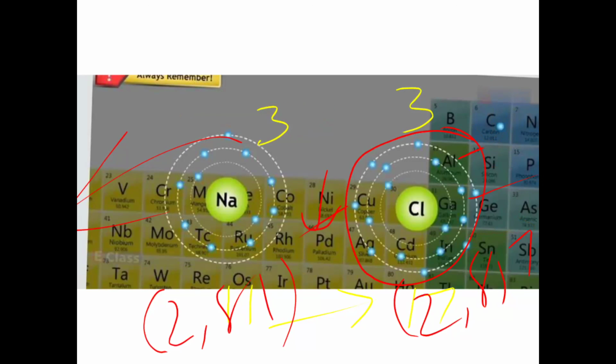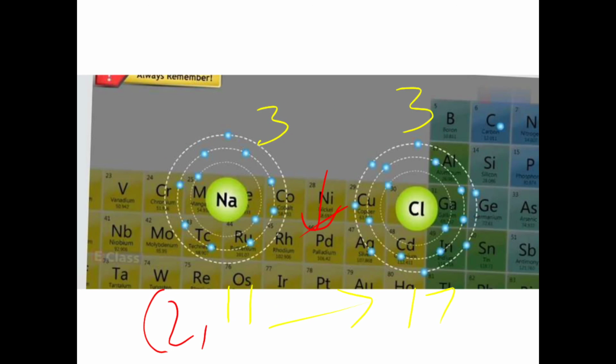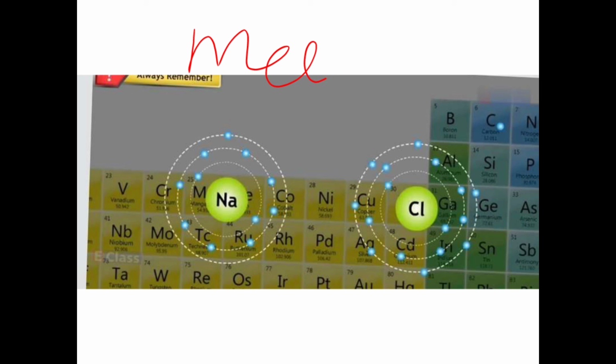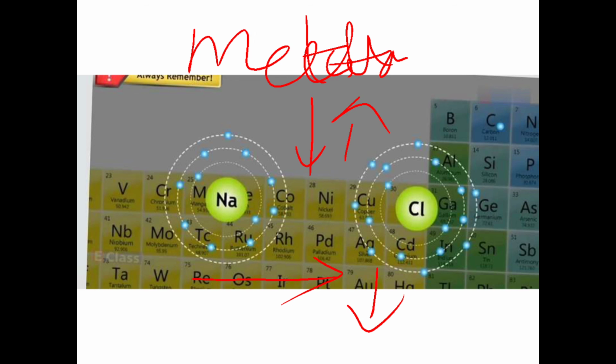So what conclusion can be drawn, children, here now? Metallic character. So metallic character, when you are going down a group, goes on increasing. But when you go from left to right, metallic character goes on decreasing. Clear? When I say the non-metallic part, the non-metallic part goes on increasing when you go from left to right. Correct?